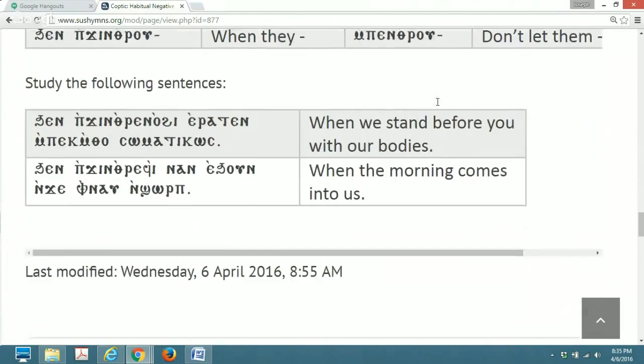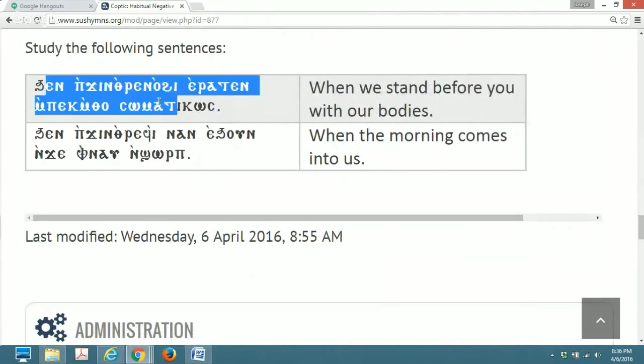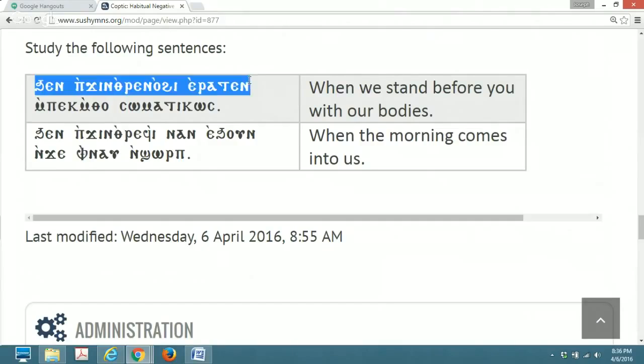Okay, so here's some more examples. Khan abjeen ethran ohi eraten, an pekemtho somatikos. So we know this from Tizbaha. Khan abjeen, in the causing of us, ohi eraten. Remember, ohi means to stand or wait. Eraten has to do with foot. And again, it's this first person plural. So in the causing of us to stand on foot, or in other words, when we stand or whenever we stand,